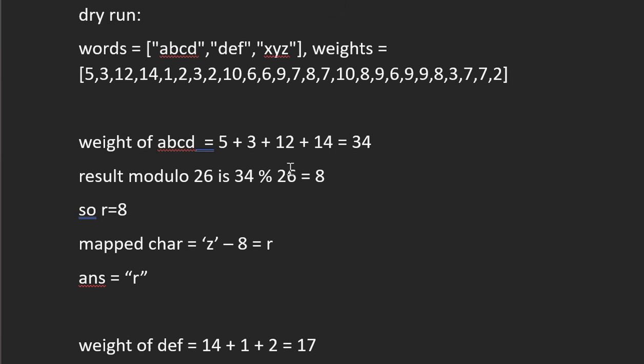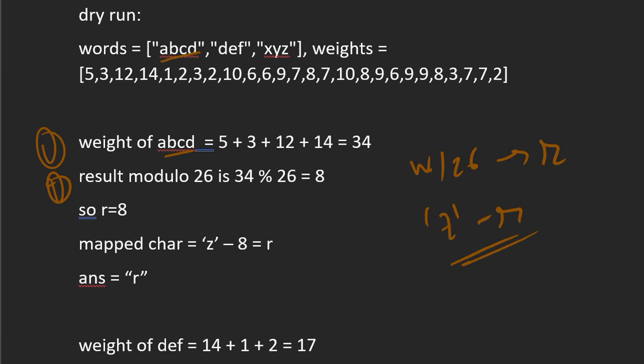Now let's understand the whole process with the help of an example. We have taken this words array, and the first word is abcd. We have three steps: first find the weight, then do weight modulo 26 to get our remainder r, and then find the mapped character using z minus r. Here the total weight is 34, weight modulo 26 gives r equal to 8, and the mapped character, z minus r, is r.